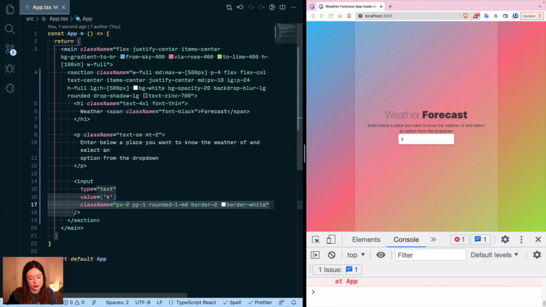So what we have done here, first of all, you see that the value is k. If we remove that, it's going to be empty. We gave some padding inside of the container to push the text a little bit, to give it some space. And then we rounded it on the left side and we gave it a little bit of a border